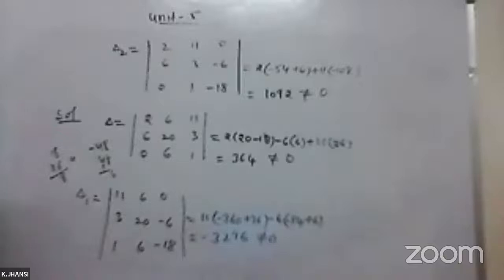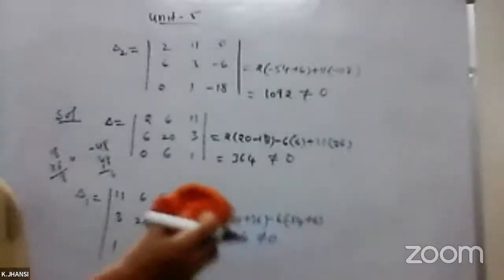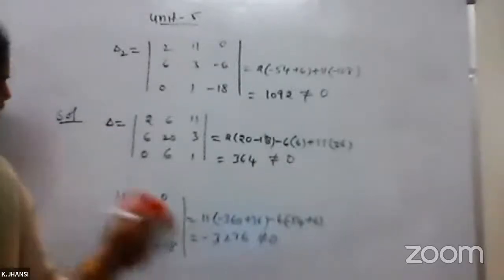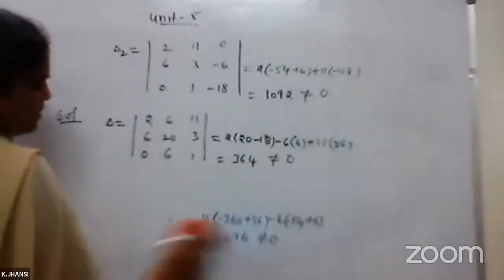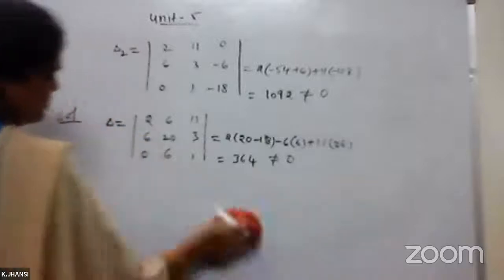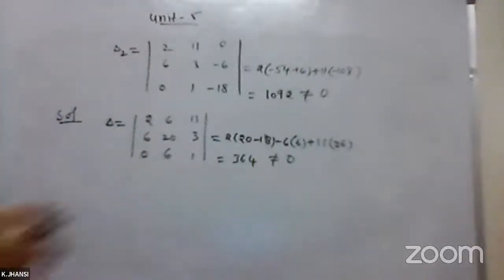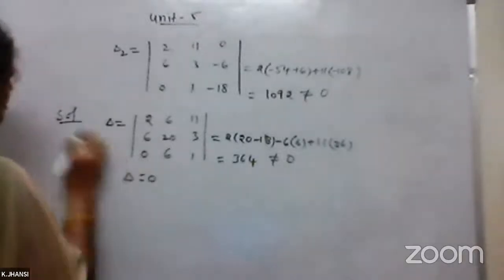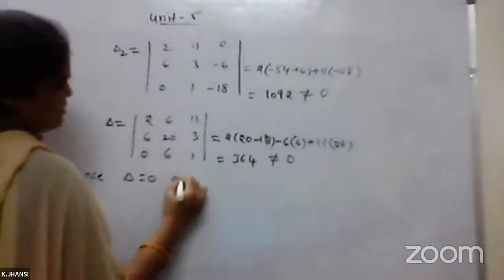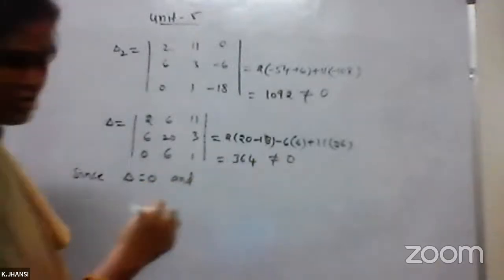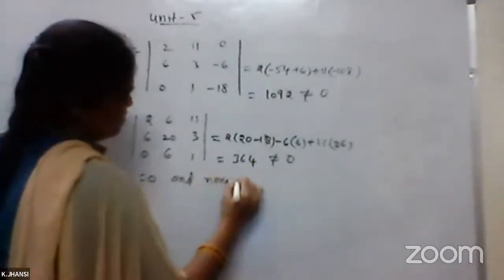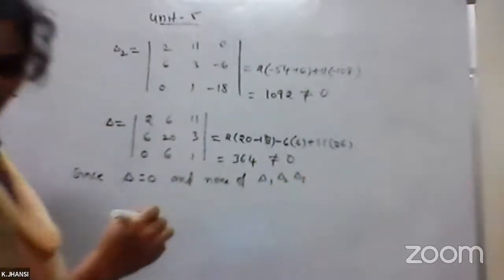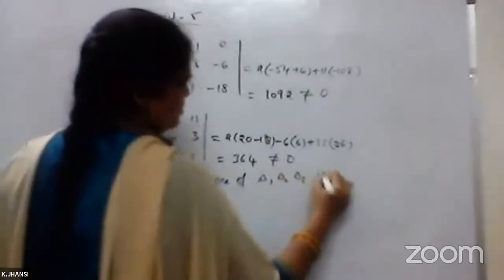0. So what does it form? First, delta we got as equal to 0, and the other 3 deltas are not equal to 0, which means the 3 given planes will form the prism. Okay. Since delta equals 0, and none of delta 1, delta 2, delta 3 is 0,